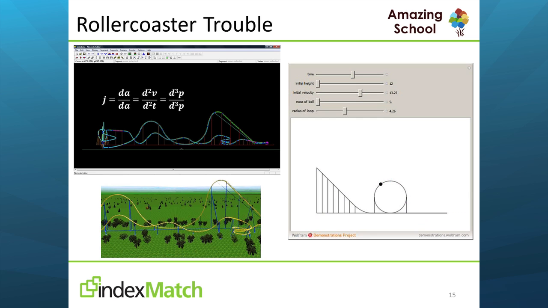Now, once you've got the technical specifications, you can build your model. And this is a great opportunity to think about jolt. So jolt is what you optimize in when you're building a roller coaster to create that sicky, horrible, awful feeling that I can't stand. But jolt is the third derivative of position. So you build your model of this real-world roller coaster that you've been on, you identify the scariest bit in this ride, and then you write a report back to your senior management at Six Flags Astroworld and advise in English what they should change and why. And so now you're developing not only your mathematical reasoning skills, but also your mathematical communication skills.